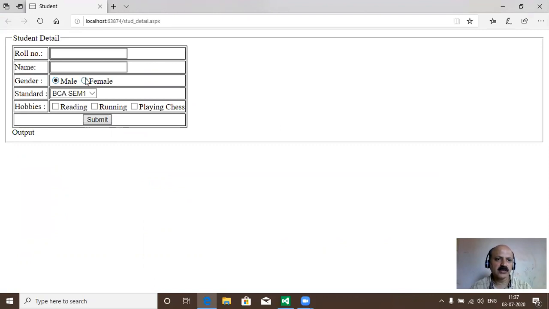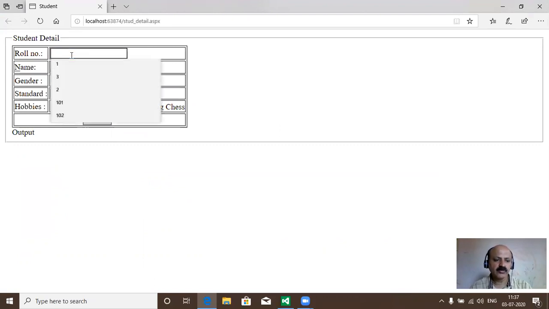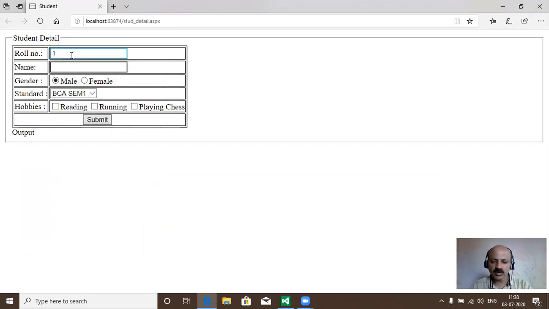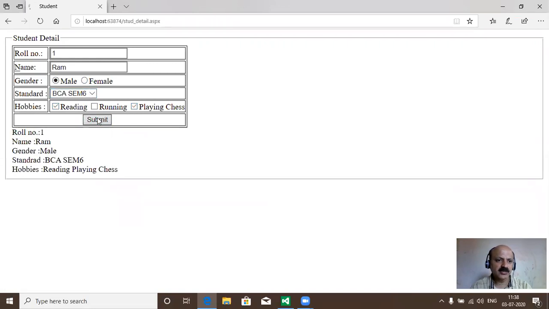Yes, you can see that a single radio button is selected. Now we supply all the values: choose male, take BCS 76, select the first and last hobbies, and submit. So our output is perfect.